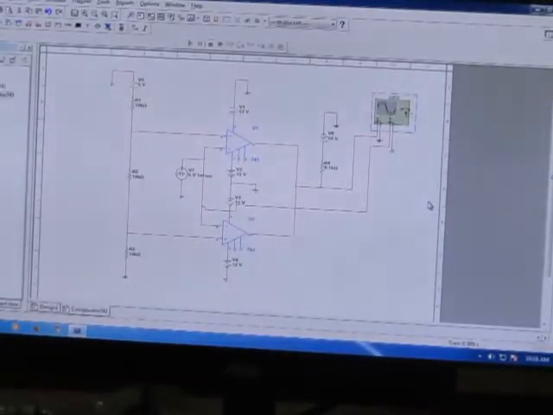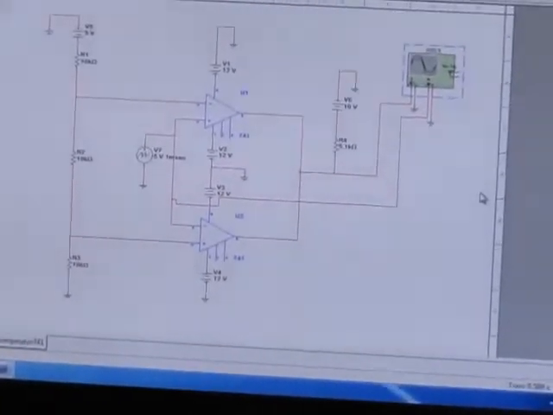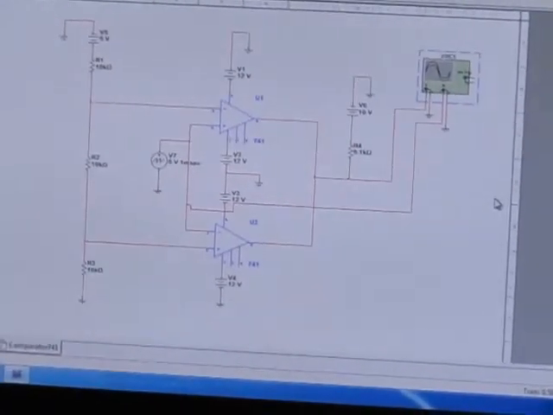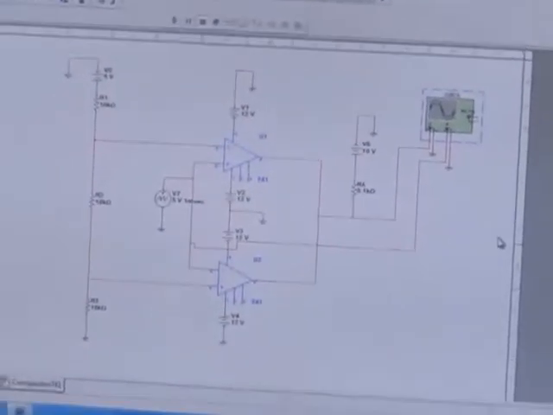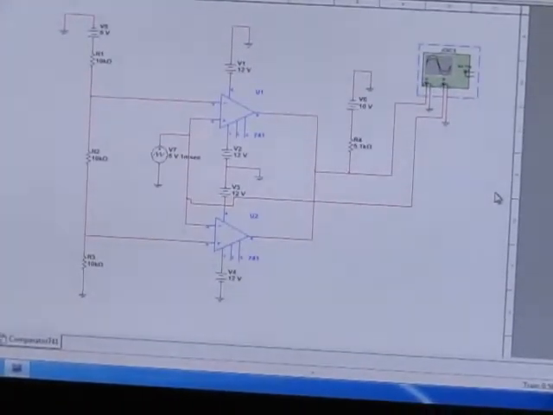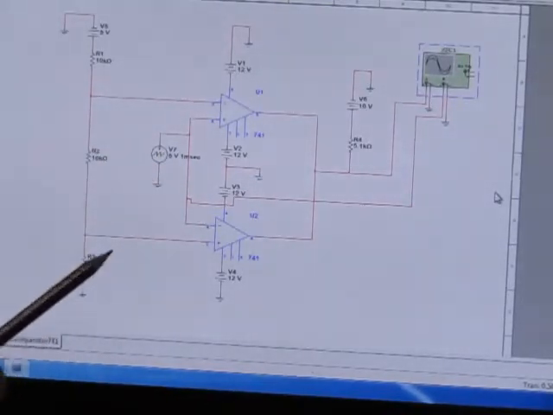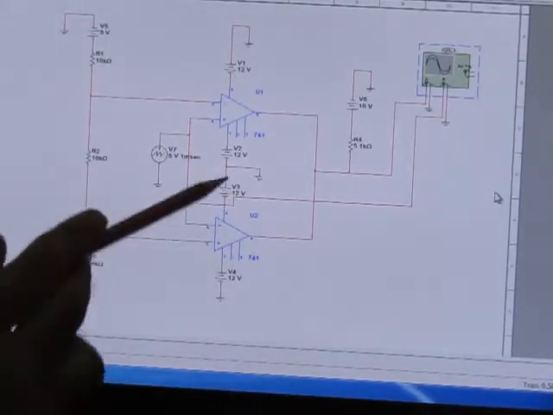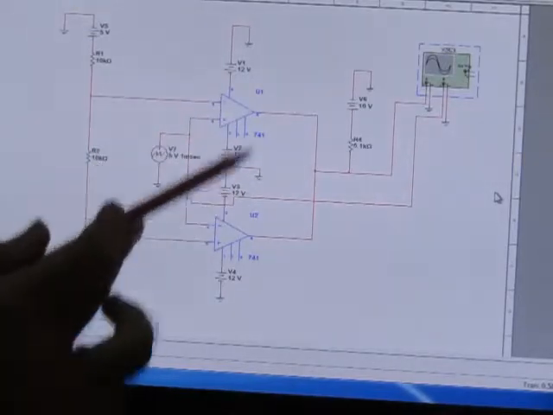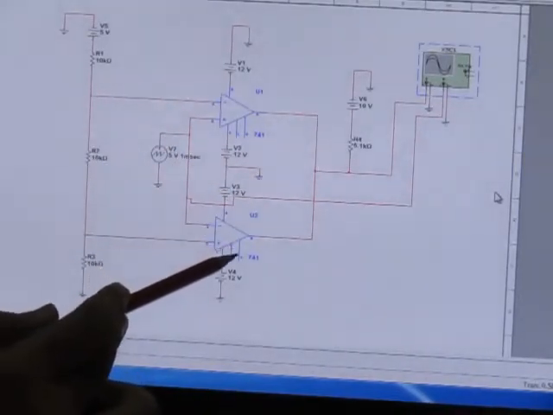So in the previous session, we have seen the simulation part of your lab experiment, that is a window comparator by using two op-amps of 741 IC. This is the simulation diagram that we have done in the previous session. As you can see, we have used two op-amps, that is of Micro A741 IC, right?